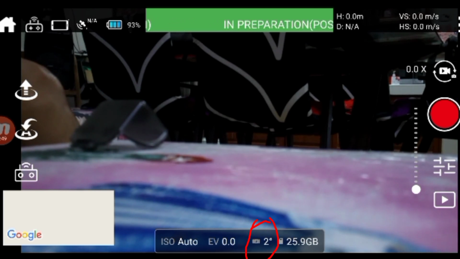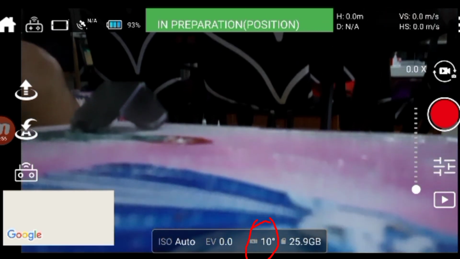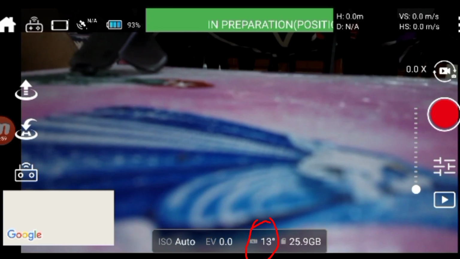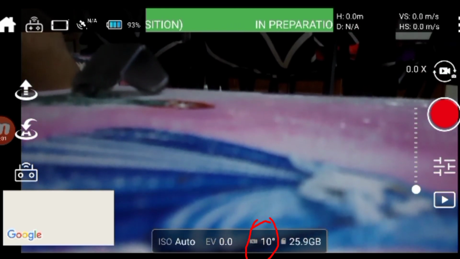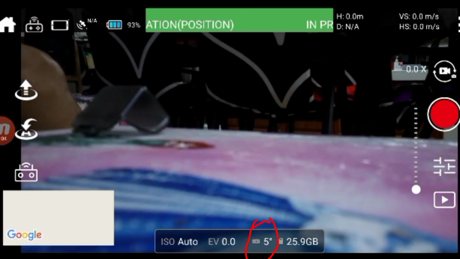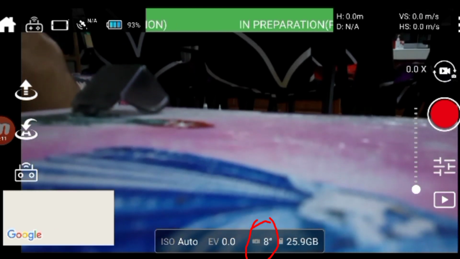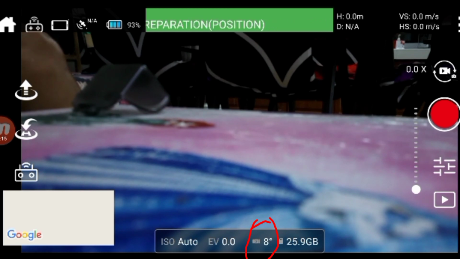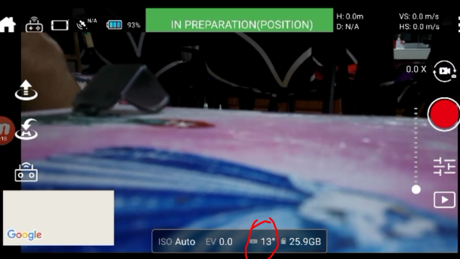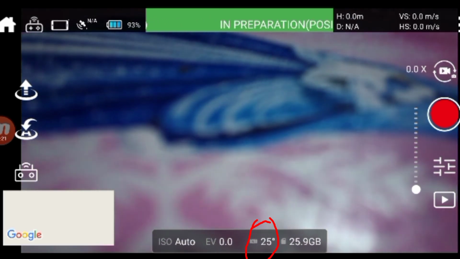Oh yeah, I think this is the angle of the camera. You can, yeah, that's it. And as I scroll it down, up, the value changes, so it means this is the inclination, right? Inclination degree, or the angle that the camera is pointing up or down. Oh, very nice. 19 degrees, that's 25 degrees.